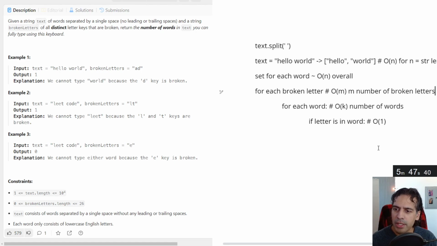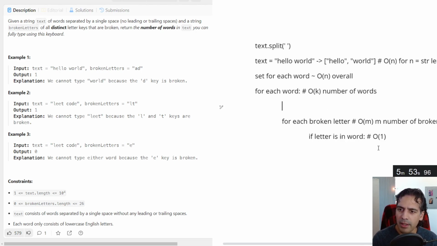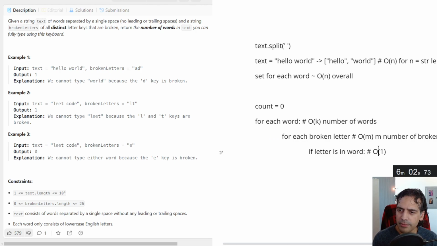I think if we switch the order of that, and then for each word, then for each letter, let's say we have a count. I'm just kind of creating a, for each broken letter, letter is in word.